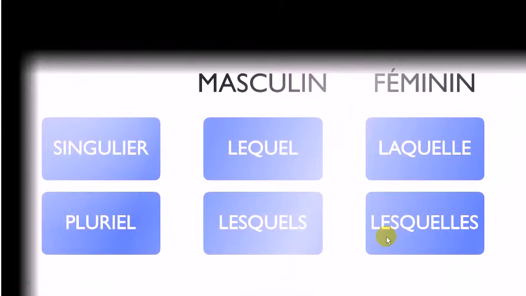So it will be quite logical in a way because we will have this plural form. So les, okay, as we had here, les, and then quel, you just add this final S at the end. And the good news is that phonetically, it's lesquels here for the masculine form and lesquels for the feminine form, all right? So phonetically, it's exactly the same when we talk about the plural form, but if you want to write it correctly, remember that for the masculine, it will be E-L-S at the end here, and E-L-L-E-S at the end for the feminine, all right?